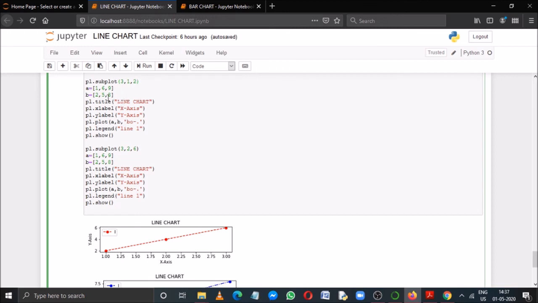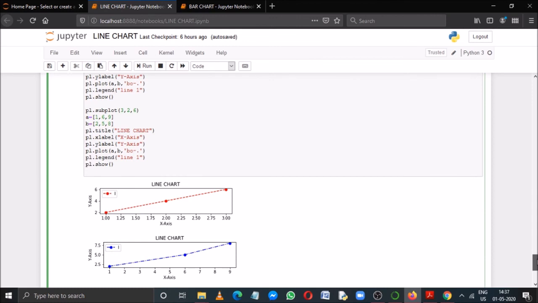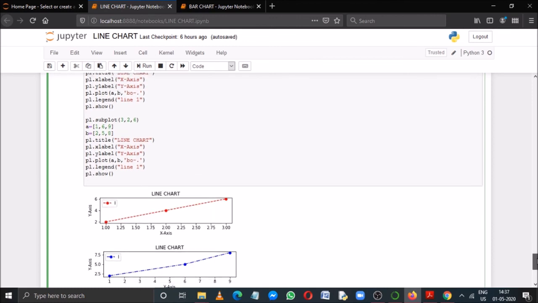These points I chose for my X and Y coordinates, and for the chart style I put blue color and circles as marker type, and the line type will be dash dot. Now check this plot. This is appearing. Okay, this type of plot is called a subplot.